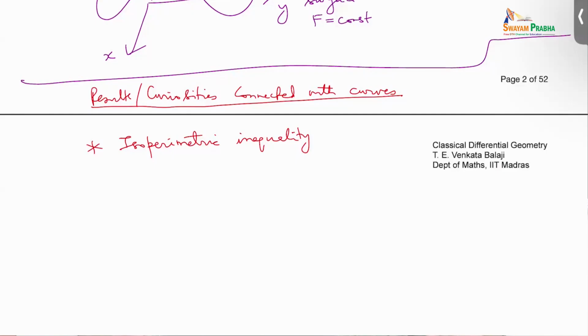So I'll tell you what this is all about. You take a loop, a closed curve, something in the form of a loop. Think of the loop as a rubber band, so that you can deform the shape, but I want it to be a rubber band only so that I can change the shape, not to stretch it or shrink it. That means I want the length to remain the same. So I have a closed curve of fixed length, and then I want to look at the area inside,